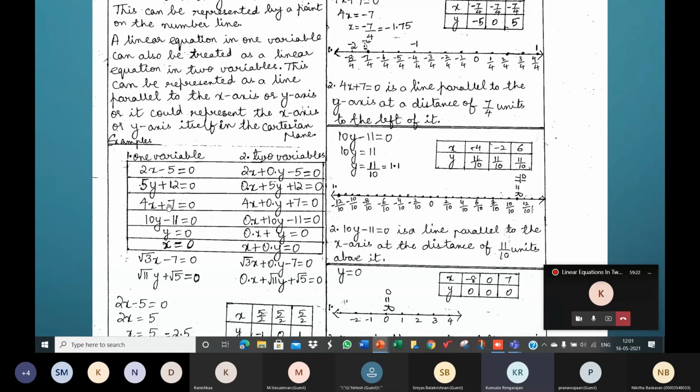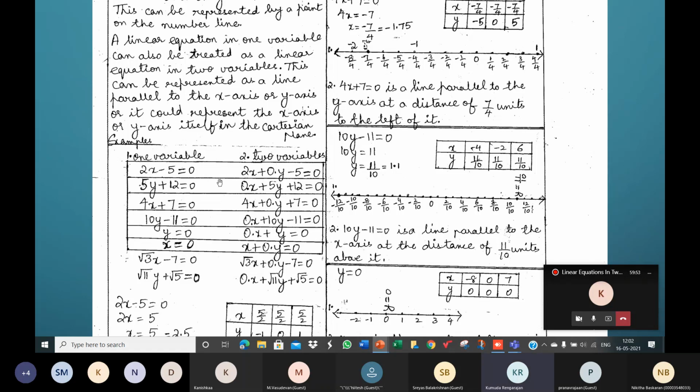So you can see examples of linear equations in one variable here, x or y, and you rewrite them as linear equations in two variables, x and y. Here the geometric representation is a point on the number line when it has only one variable, x or y. But when you treat it as an equation in two variables, x and y, since it has infinitely many solutions, it is a straight line in the Cartesian plane.